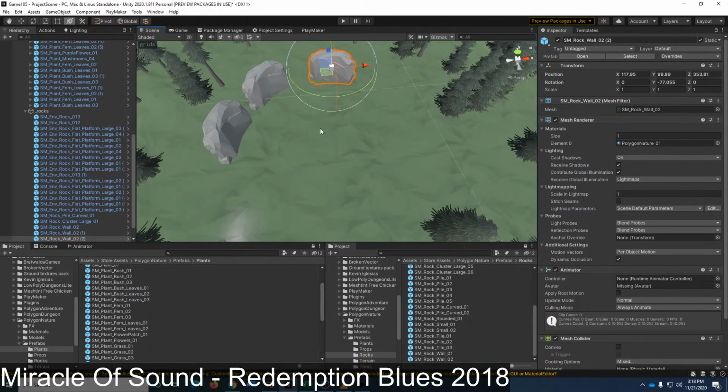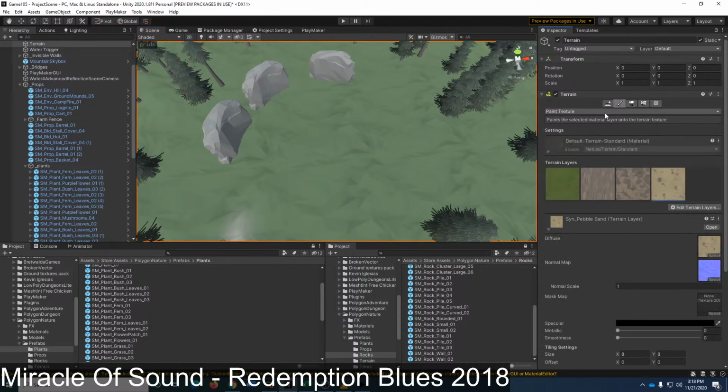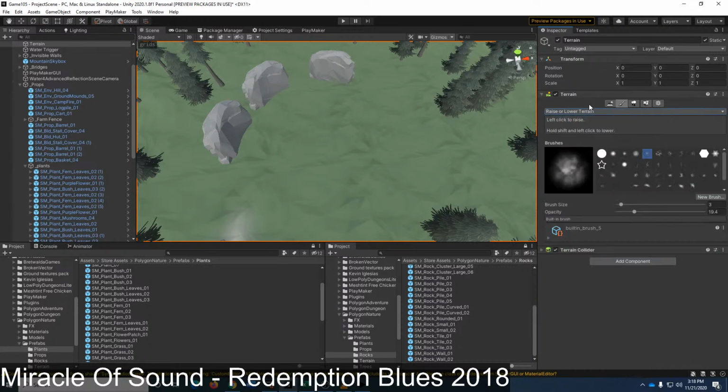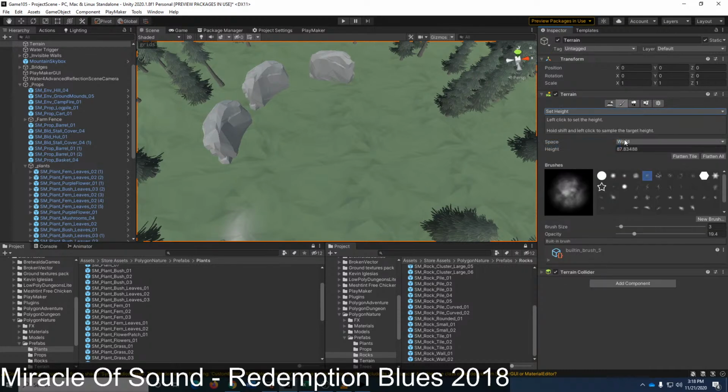Actually, you know what? I think I am going to flatten this ground anyways, just to make it a little bit better. No, not raise lower, set height. I think it'll just look a little bit better. So let's fuzzy brush. Okay. Not quite that big. Maybe 25. 12? 12. 12 looks good.